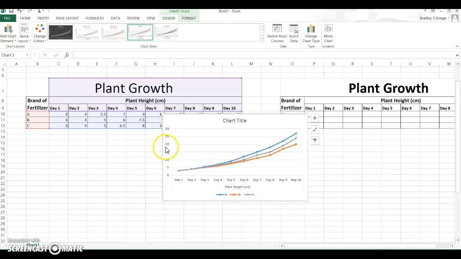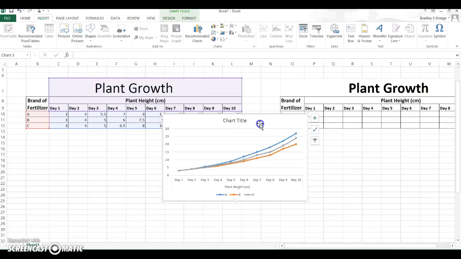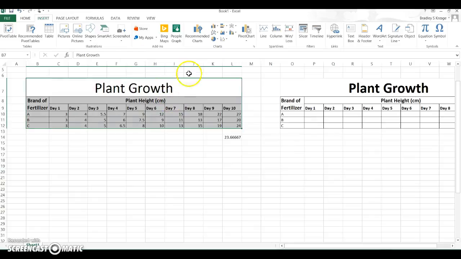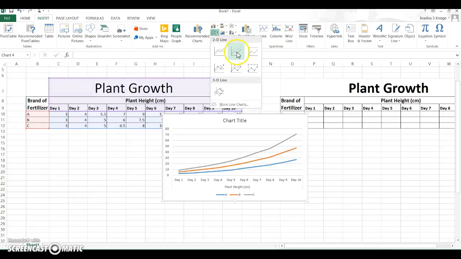This makes sense. Goes up. There's A, there's B, there's C. All right, so this graph looks pretty good. Let me go back and show you. Let me delete this. And I'll show you why it's so important to go through this process of thinking about it first. If I click on this graph over here,